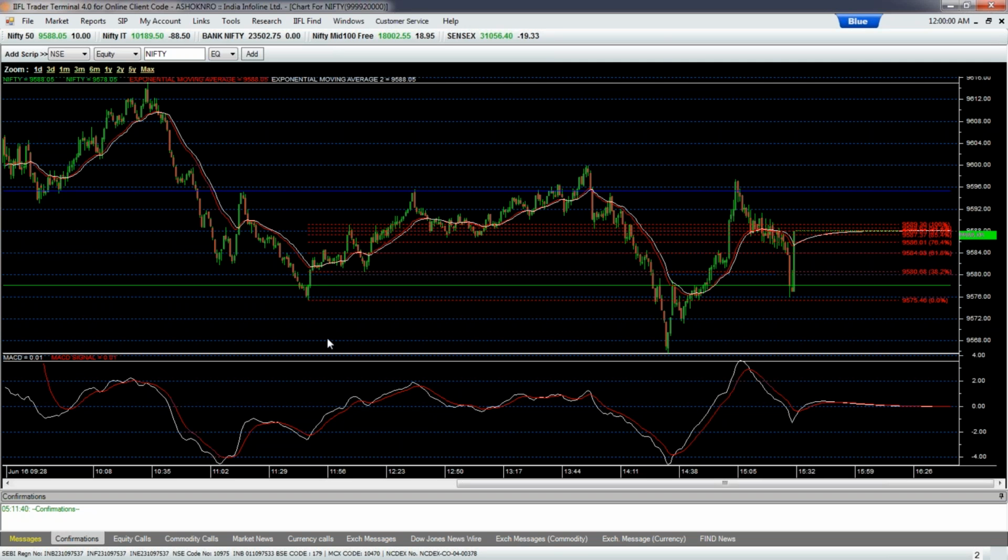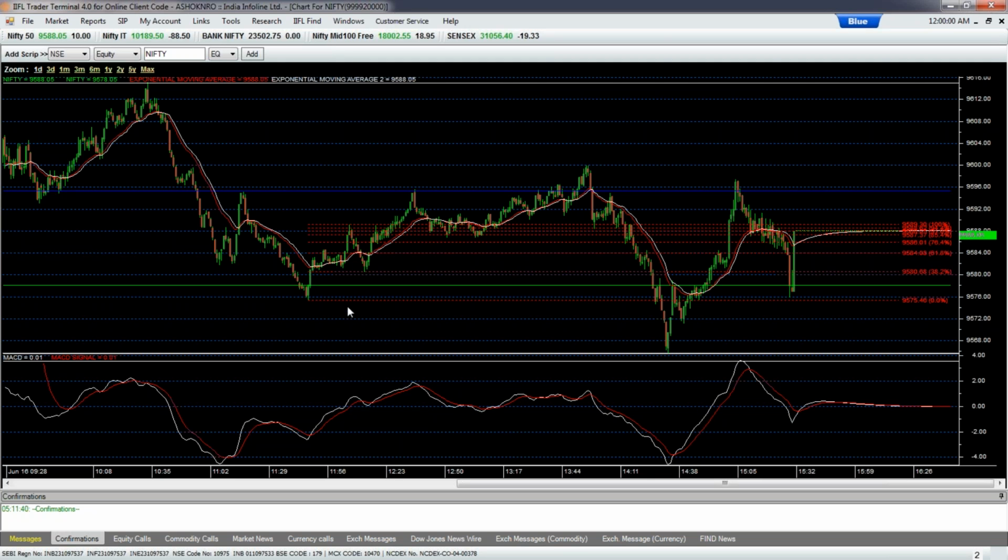This is a low, and this is a low again, and it has moved accordingly. It is a low over here. Yes, it made a low over here. Now it is moving according to the strength of the market. It means that we will be buying at this point and putting a stop loss of